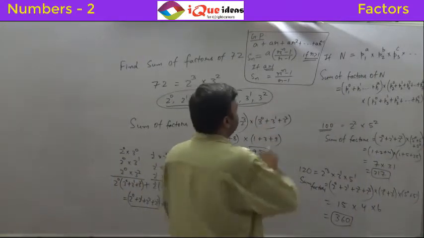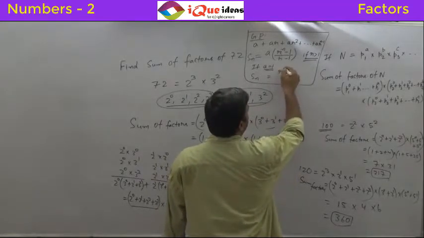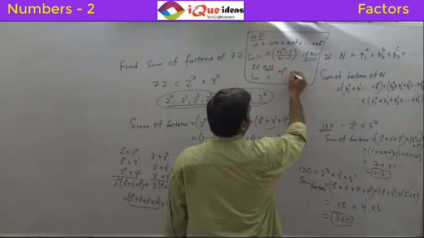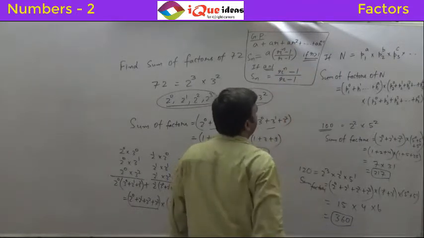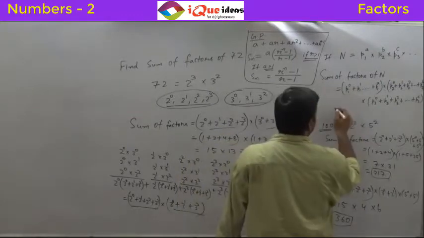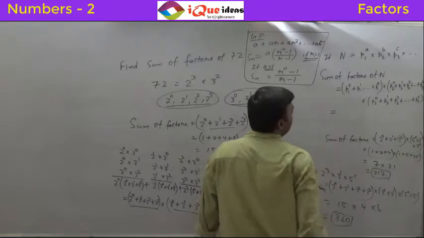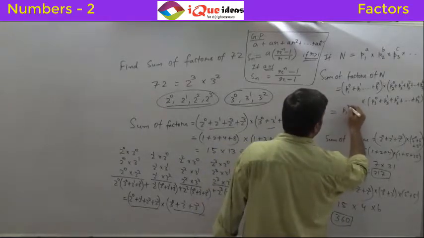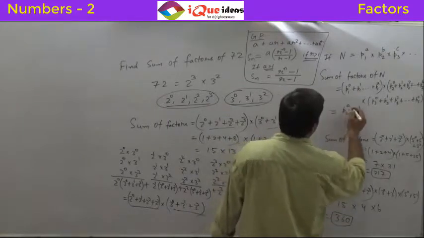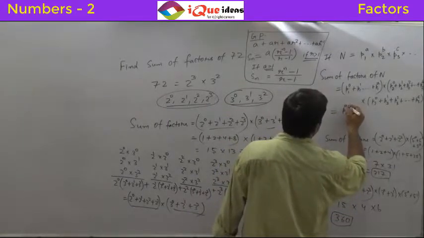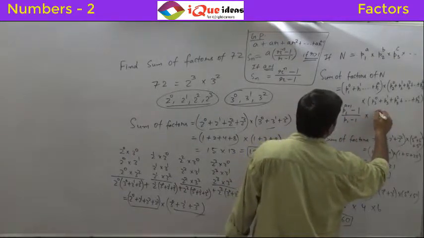Okay. If this is the situation, I'll read it out for you once again. The sum of n terms is r to the power n minus 1 divided by r minus 1. So the sum of factors can be written as p1 raised to the power a plus 1 terms, so it is p1 raised to the power a plus 1 minus 1 divided by p1 minus 1, into p2 raised